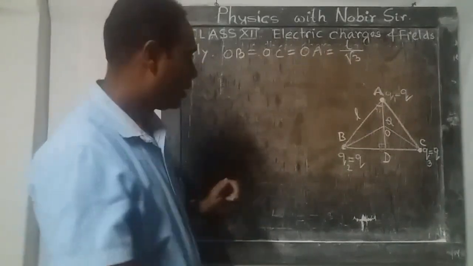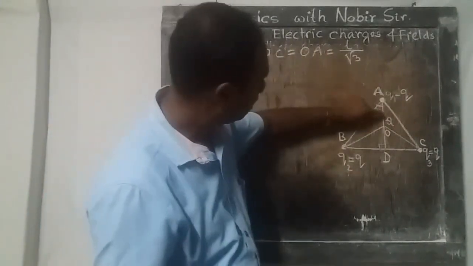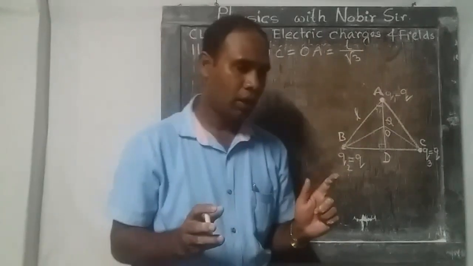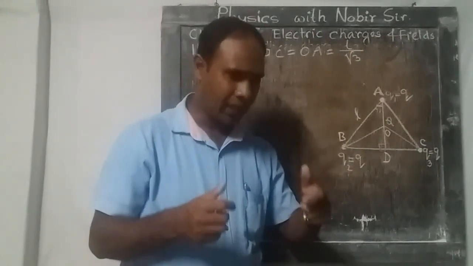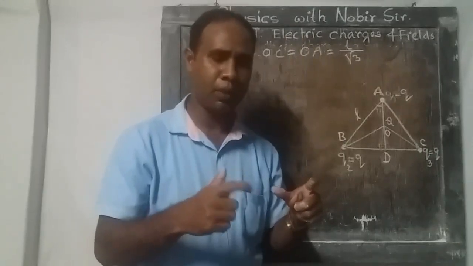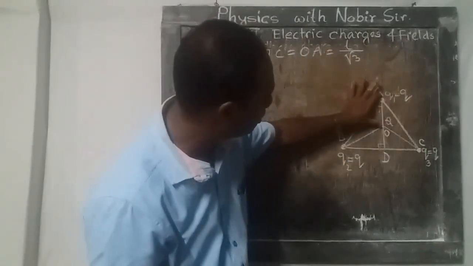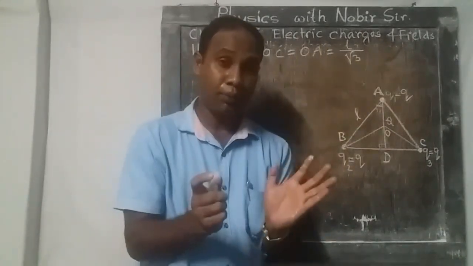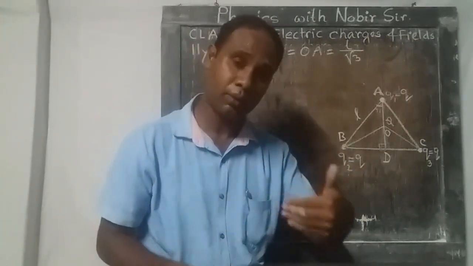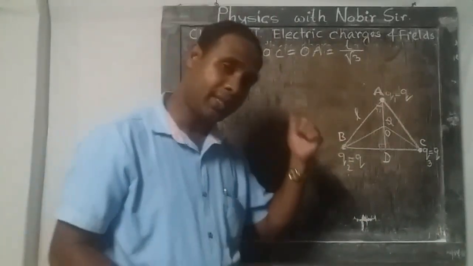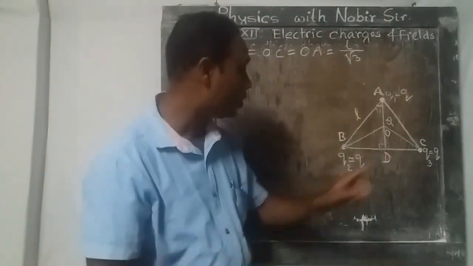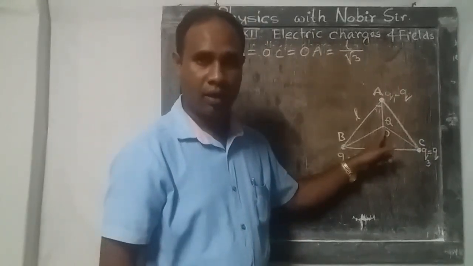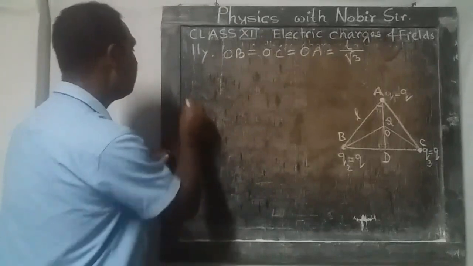Okay. So first of all, suppose we find the force on charge Q due to the charge at A, because in Coulomb's law it can be calculated just between two charges. So first we take these two charges, the charge at A and the charge at O. What will be the mutual force between these two? We have to find it out first. In the question it was written that we have to find the force on the charge capital Q, so we will write: